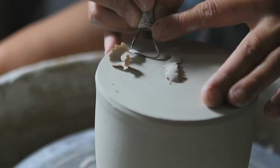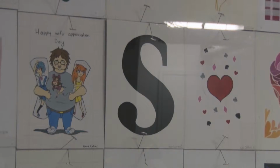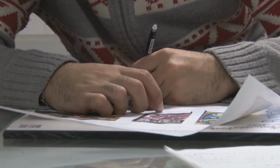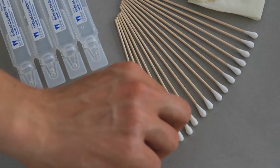I think the S that best represents the advertising program would probably be a $ or an S made out of a collage of all past student advertisements. Besides being a fun way for students to contribute to the creative campus and display Sheridan pride, this year's challenge is also a contest. I'd kind of like to see some three-dimensional or even unconventional, like maybe somebody acting something out or